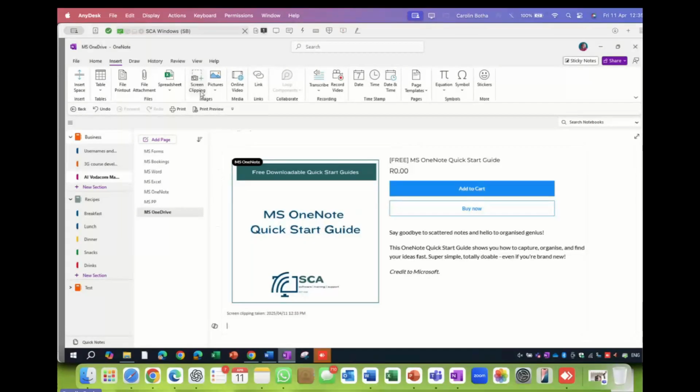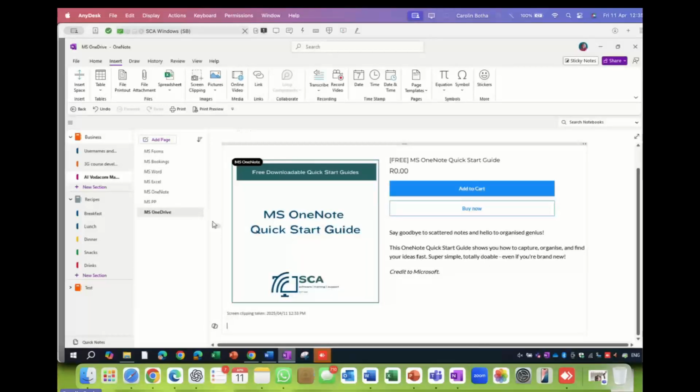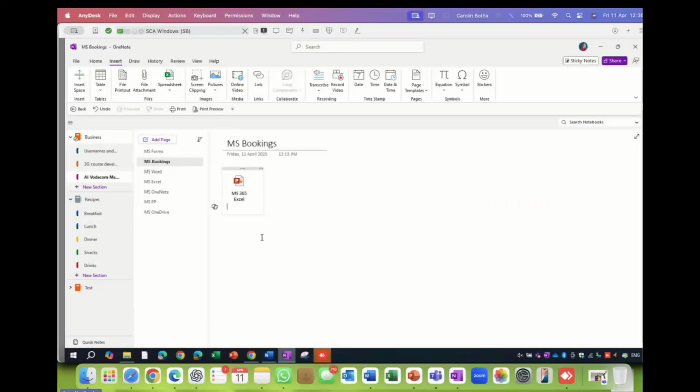This was screen clipping that you can insert. You can also insert, so let me just hit back here. I have a lot of space on this board of mine, on this page. They should actually have called it boards. I'm telling you, that would have been more logical, but it's pages. Maybe another app is calling it boards and they can't do exactly the same. That's just the way they work. An online video that I can insert here on my notes, ready for me to use. I don't have to go fiddle around, look where it is, where did I save it, on which website is it, where is it bookmarked.